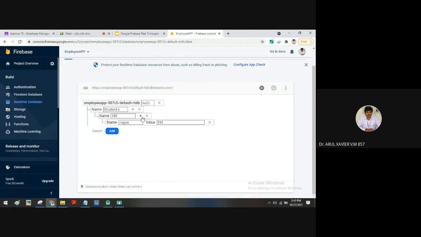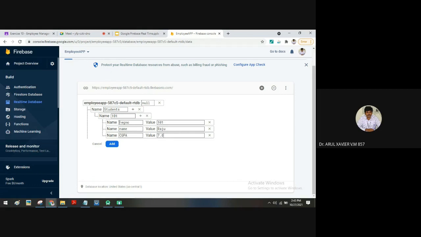Here, if you click, you can add a few more data. For example, name of the student: Raju. And again click on this node, and for example, I want to store CGPA. So I want to store register number, name, and CGPA: 7.8. Whatever is in the PPT, I'm going to demonstrate.